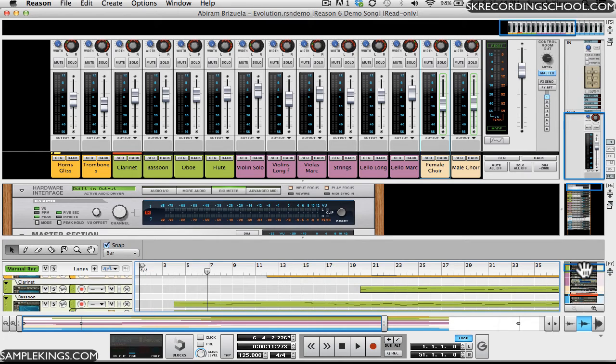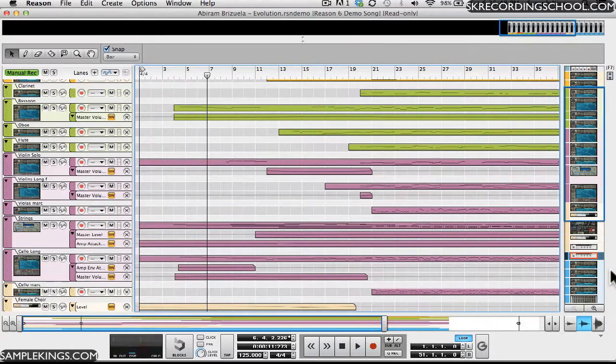Now the bottom view is the same, of course. I can press F7 or right here, click on that little button right there, and now I've expanded the sequencer, and we can see everything in the sequencer. And we can see all the elements in the sequencer too, with our sequencer navigator on the right as well. So it's pretty easy to get around. It makes it a lot more fun in a sense when you can go from your sequencer to the rack and back to the mixer. It's pretty cool. And here there's no need to attach the